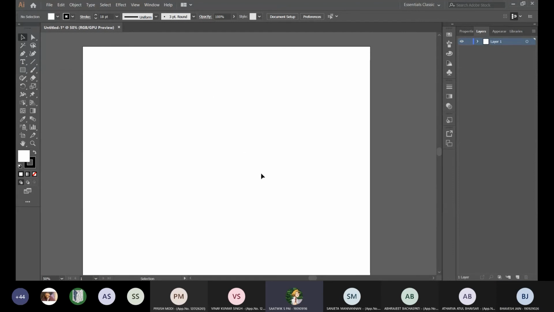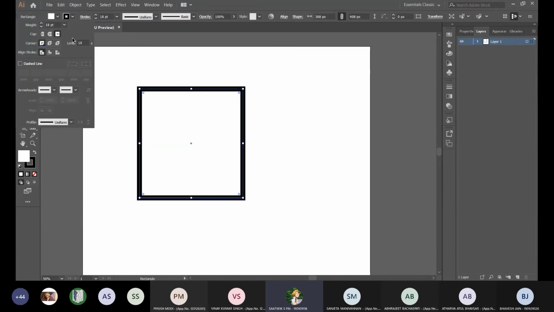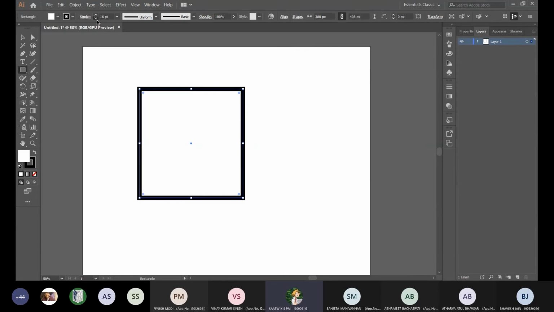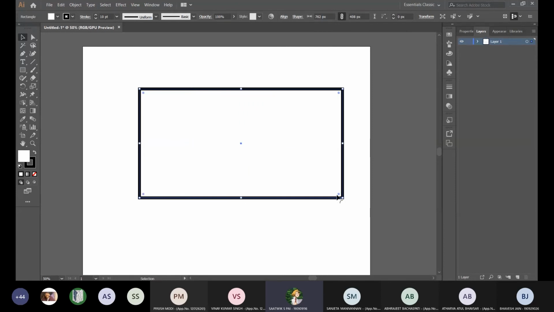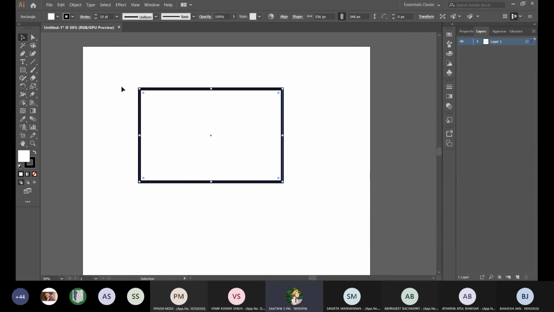When you're resizing stuff, if I make a rectangle now, I'll change the strokes back to normal, bring it down to 10, I guess. When you're resizing, you can resize by the points you have on your edges. But if you notice, when you do that, this portion stays the same. If I move the edge somewhere, the position of the opposite side stays the same.